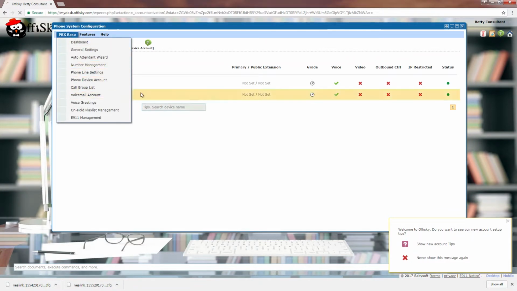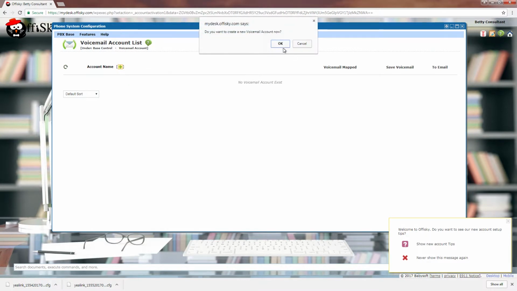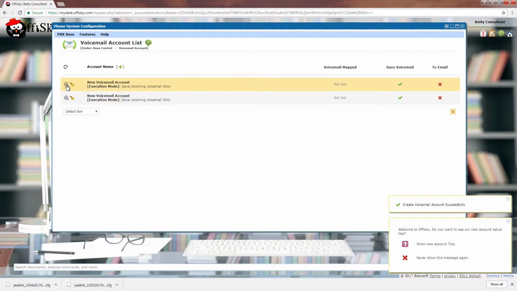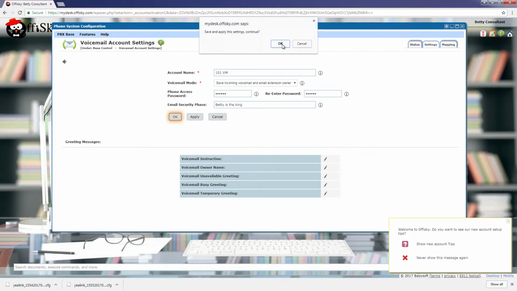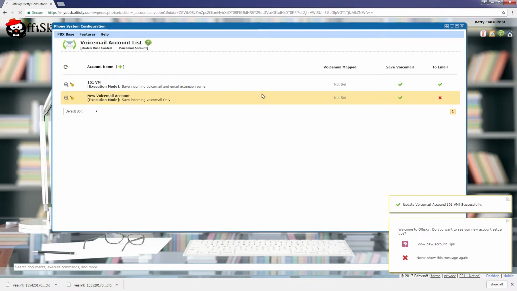Next, we will create two voicemails, one for each IP phone. Update the voicemail settings. Again, provide a recognizable name. Select Save Incoming Voicemail and Email Extension Owner. Provide a number-only password to be used when accessed by your phone. Provide a message to recognize this is not spam. Then save your settings. For the next voicemail,